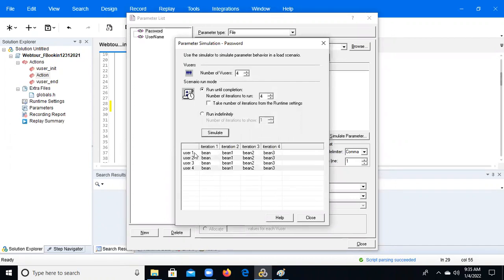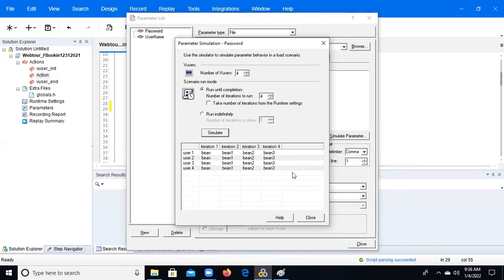See, user 1 picks bean 1, and in iteration 1 all users, user 2, user 3, user 4, will pick bean 1, and in the next iteration bean 2, the first user picks it and the second user will pick it too. See how it is behaving. This is for the sequential each iteration. How I explained in Paint, the same thing will be there here.